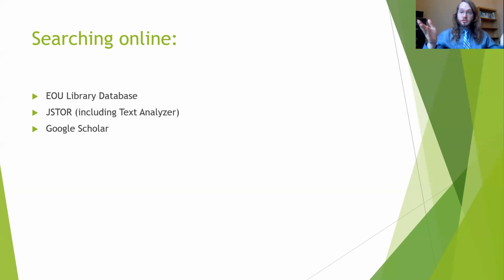If you go to jstor.org/analyze, or you just search on Google JSTOR Text Analyzer, you can basically paste in text, conduct a search, and it'll find articles that match the keywords that you've chosen. And of course, Google Scholar is a great resource to use too. So I recommend using that to find relevant articles that discuss the theory that you have selected.